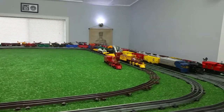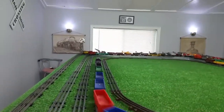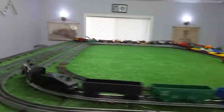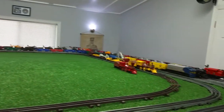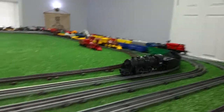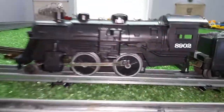Headlights out, so I got to get that fixed. It might be loose. But as you see, that $3 rectifier, and this locomotive is up and running absolutely splendidly, pulling 10 cars. And as you see, that's running quite well. So it was definitely worth the $5, no doubt about that. So a $5 locomotive and a $3 rectifier, and you have an instant AC locomotive that in this case is